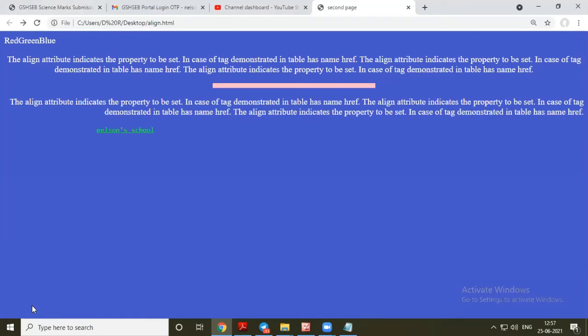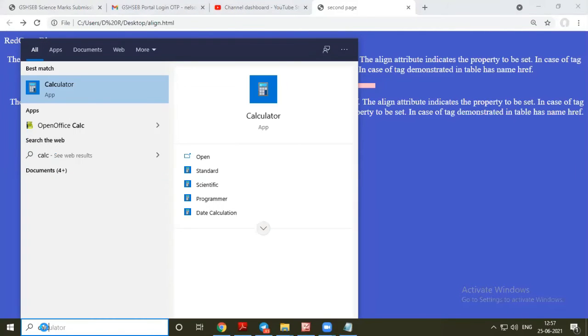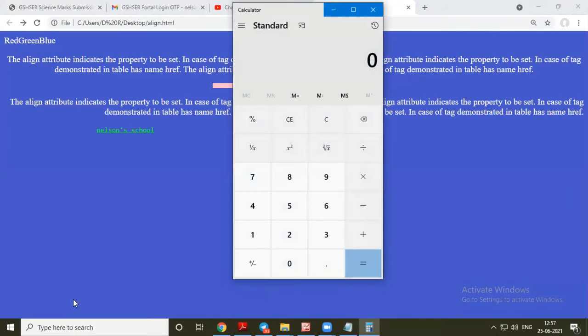So that becomes 1280 by 720 pixels total on your screen. Let me make it clear: 1280 into 720. When you are using this resolution, on your screen there are 921,600 pixels, and each pixel or picture element can have an individual color value.